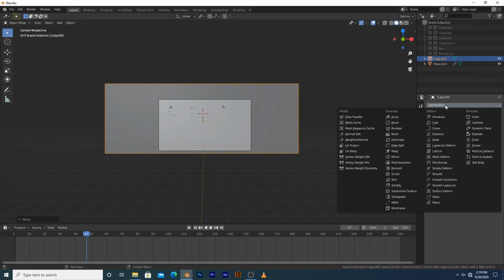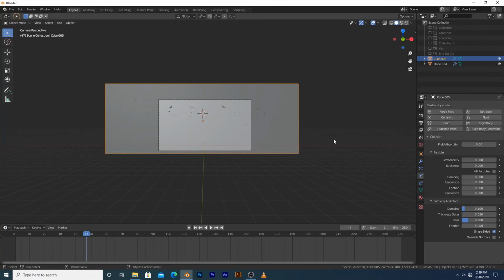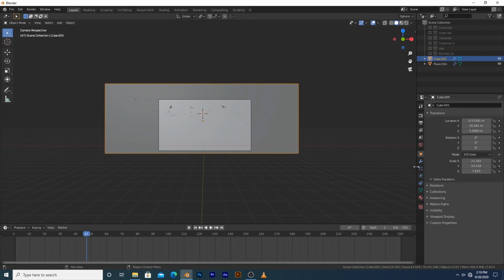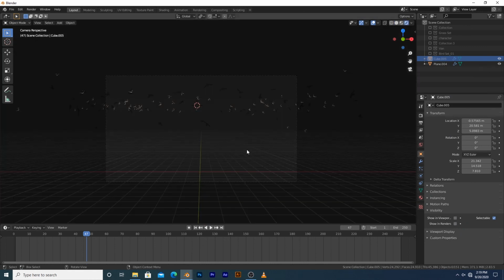And I'm gonna go over here and over here and set this as a collision. And we're also gonna disable this from our view. So if you go over here into, I think it's called the object data and visibility, we're just gonna uncheck that in the viewport and renders. And if you now have a look at our scene,